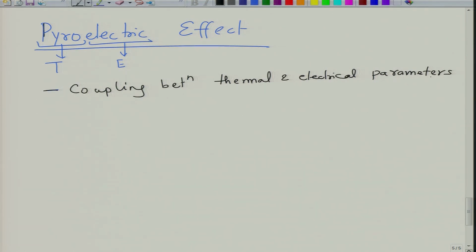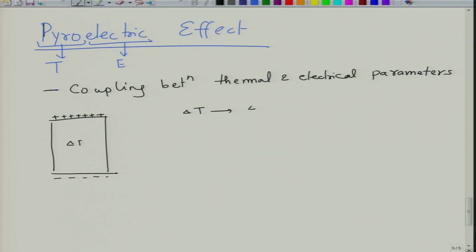As we said, the requirement for a pyroelectric material is that it should be non-centrosymmetric and it has a polarization. When this pyroelectric material is subjected to a temperature difference delta T, there is a change in charge density. Since it is polar it will always have charge density, but as you change the temperature there is a change in charge density. So, when you apply a gradient delta T, it results in a change in delta PS.